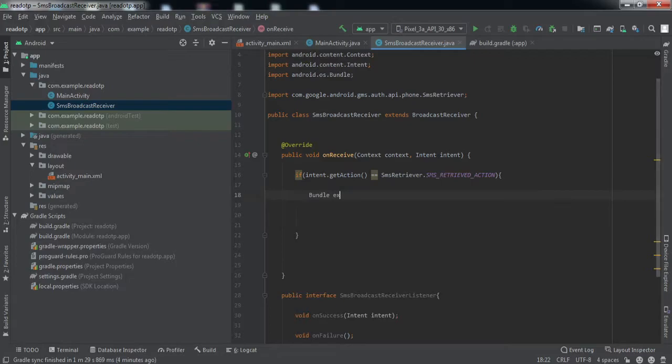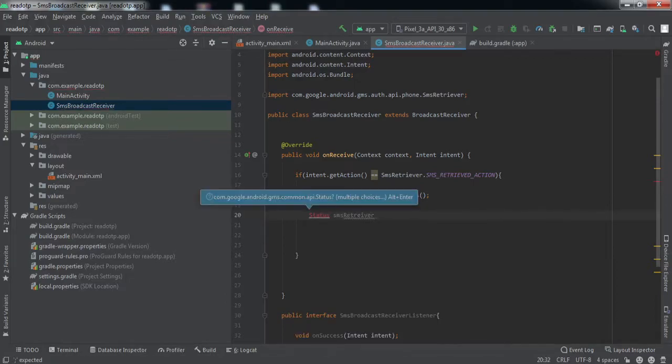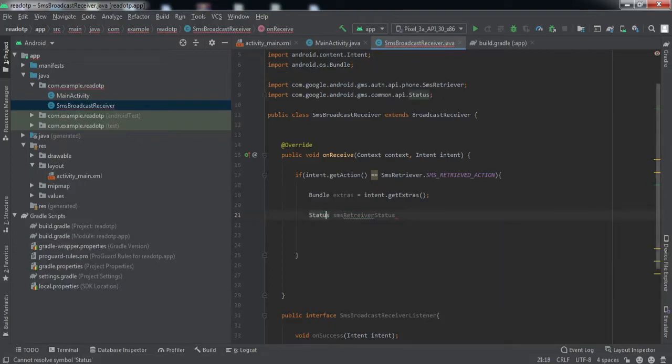So Bundle extras is equal to, we'll create an object for Bundle, intent.getExtras, right? Just press Alt Enter to implement this class.